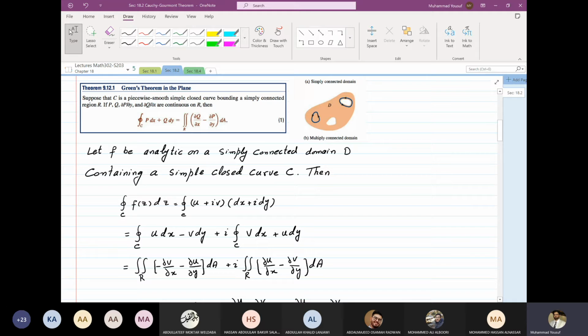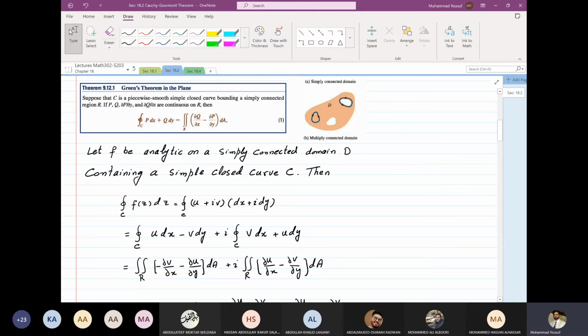One can say, teacher, here we are making things difficult. No, we are not making it difficult. We are making it small, simple. Why? Because this contour integral you are learning in Math 302, but this double integral you have learned in Math 201. So what you are learning in Math 302 is more complicated than what you have learned in Math 201. So evaluating this double integral, you will see in a minute, is easier, although here we have two integrals, but it is easier to evaluate than the contour integral.